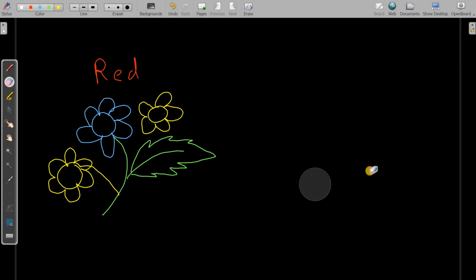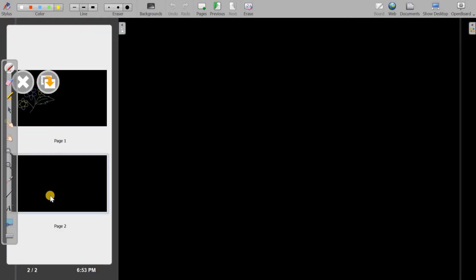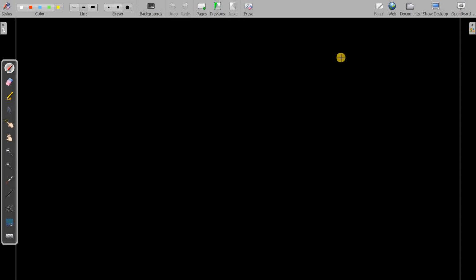So this is good. Now suppose your board is finished and you want to add one more page. You can add one more page. Your old page is saved and you start with a new one. You can see there is another page, so the second page, and you can go here. This is your second page, and then you can work here again. Suppose you want to write some equation, that you can do, and you can go further and further.